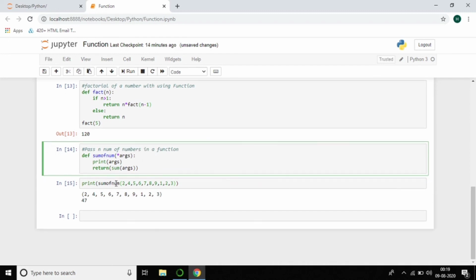I think it's very clear. I hope everyone enjoyed this tutorial, because I will come with another tutorial called function types. That means the types of functions we have, which are 4 types. I'll discuss them in the coming tutorial. Until then, wait for the next tutorial. I hope this video is helpful to you.